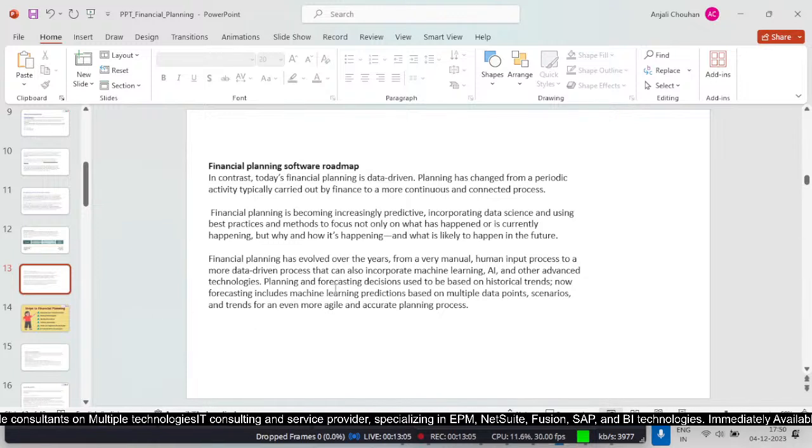So financial planning has evolved over the years from a very manual human input process to a more data driven process. We don't want much effort from humans because there may be possibilities of several kinds of errors, right? So we just want to make it a more data driven process, and can also incorporate machine learning, that is, we can say AI, and other advanced technologies. So planning and forecasting decisions used to be based on historical trends. Now forecasting includes machine learning predictions based on multiple data point scenarios and trends for an even more agile and